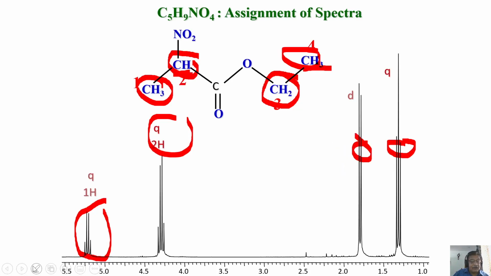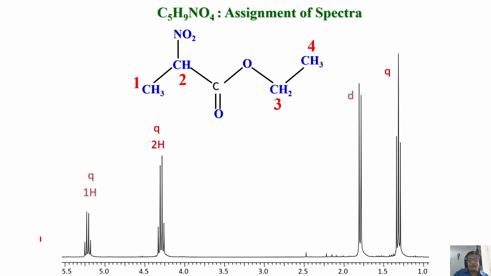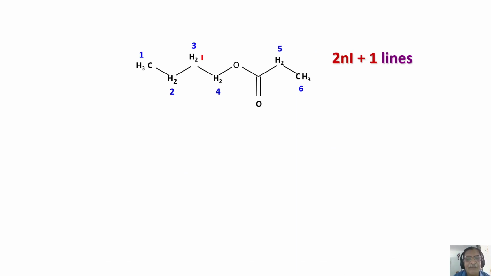Now, more or less we have assigned all the peaks in this molecule. This is CH3, this is CH, this is CH2, and this is CH3. This is a very fairly simple molecule. In this case, I gave an example because both are quartets. You have to take into account the intensity pattern to identify whether this quartet is belonging to this or this. That's all. That is the only difference here. Rest analysis is simple. We get the coupling pattern, we can do that. This is the next complex molecule. Now I'm increasing the complexity slowly, one by one. Look at this one now.